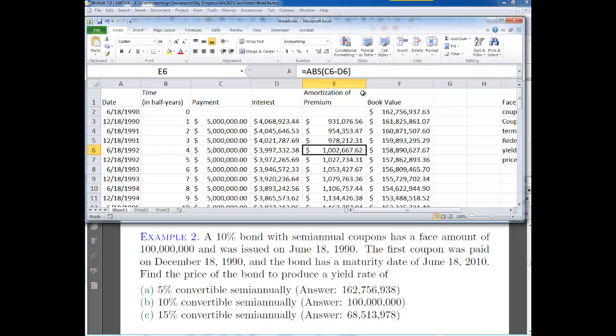And the sum of that column of the premiums would be the actual amount above the 100 million that I'm paying for this bond. Okay. All right. So actually I've done a lot more than this problem asks for, but the price is